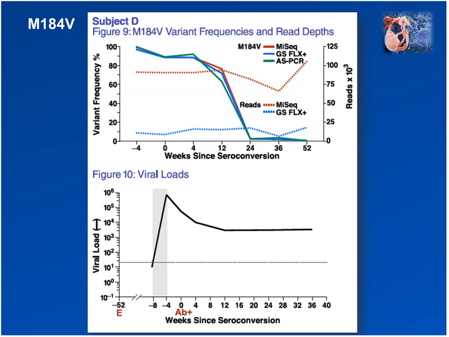So we're going to start looking at some of the variant frequency data, and we're going to start with subject D, actually. We're going to work backwards from subject D back to subject A. We're going to look at the variant frequency data for subject D at the drug-resistant site M184V, which, if you recall from my schematic earlier, is basically at the 3' end of the target region that we're sequencing. There's a single base change of an A to a G that results in the change of a methionine to a valine at this site.